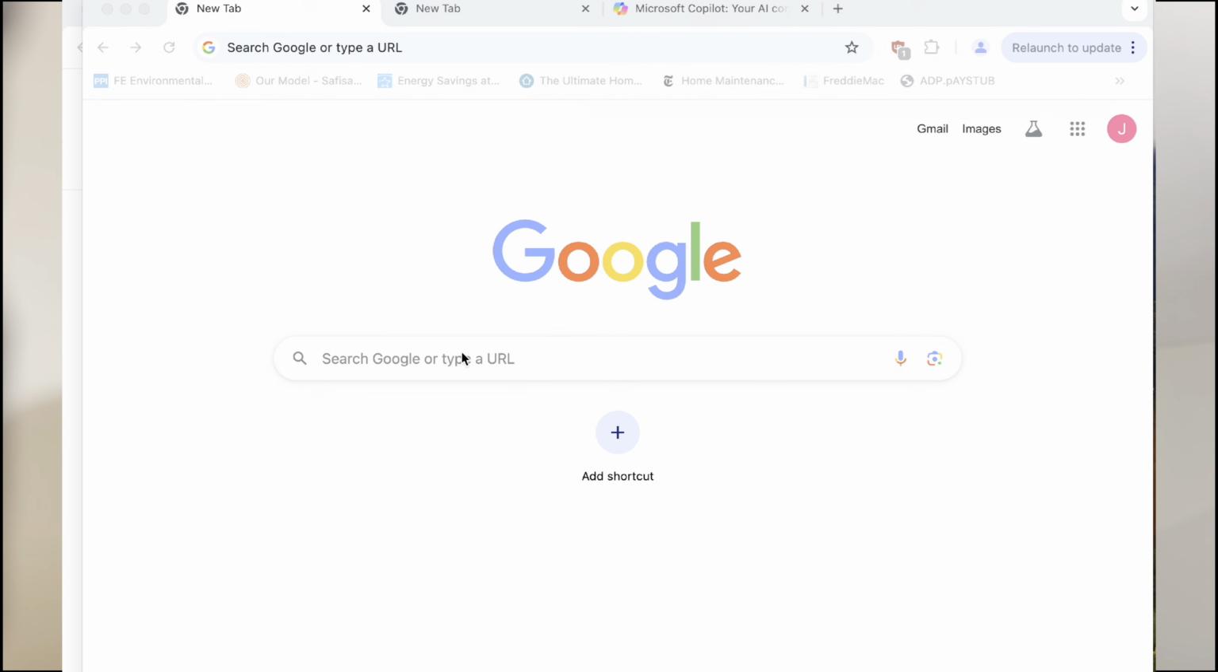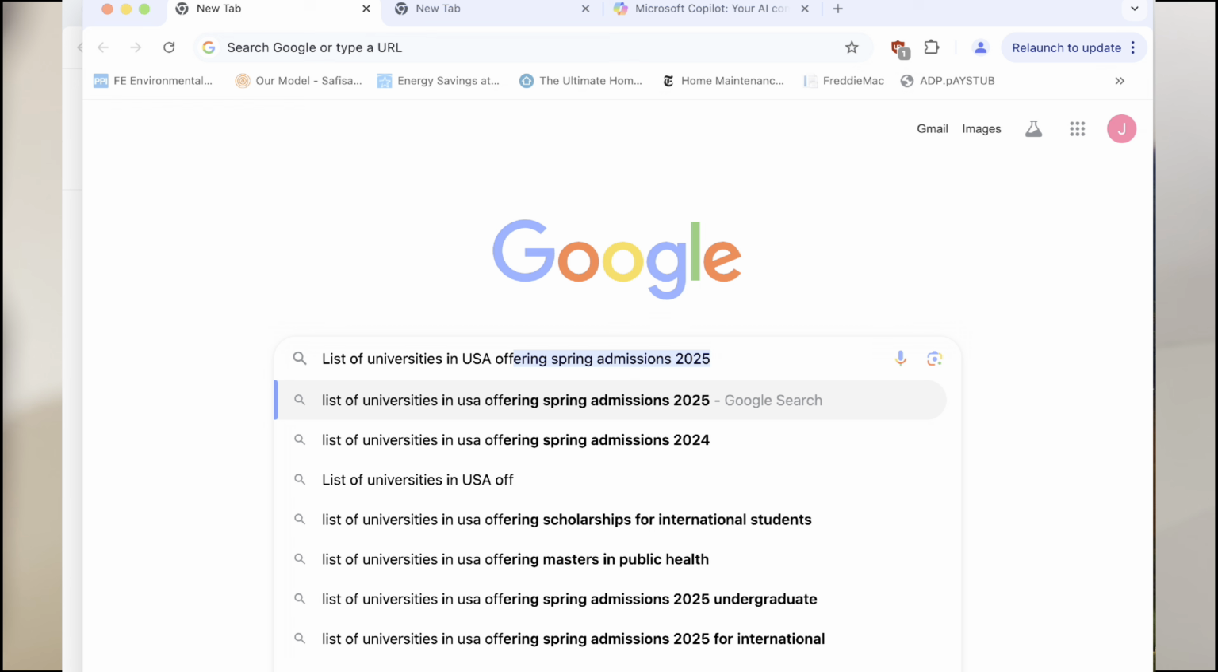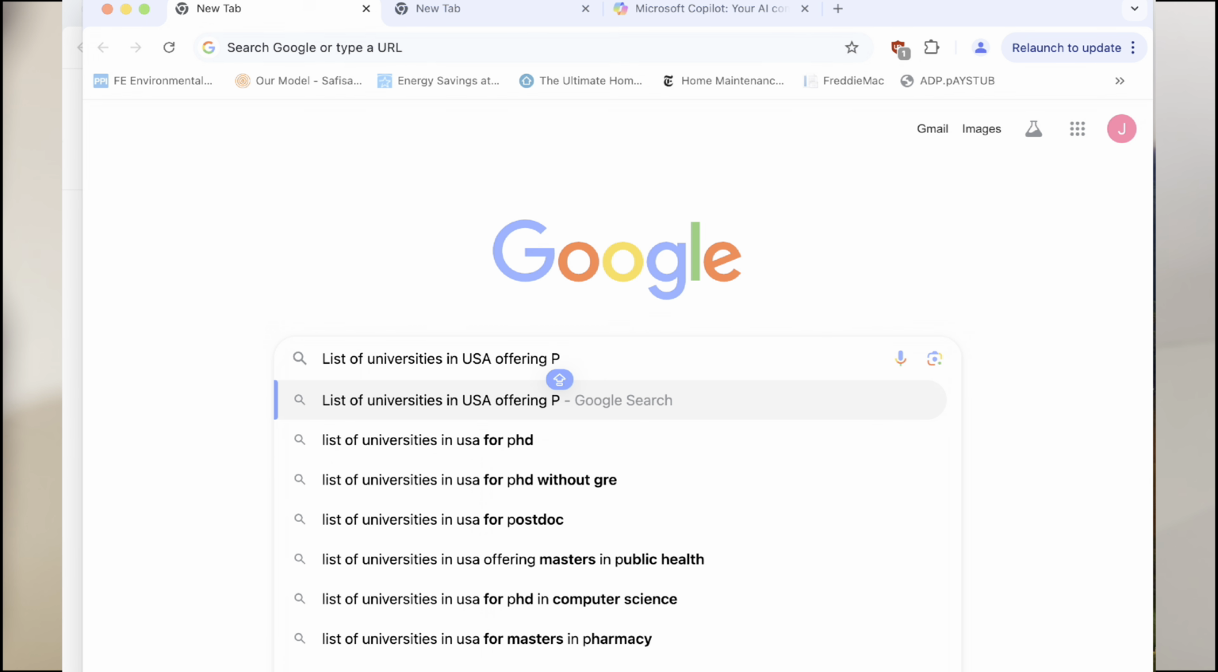The first method that I want to show you is the good old Google. Now, how you Google matters. What you put in is what is going to spit out. So let's see, I'm looking for schools in the US, and let's say I want to do a PhD in environmental engineering. So I'm going to ask Google to give me a list of universities offering PhD in environmental engineering,